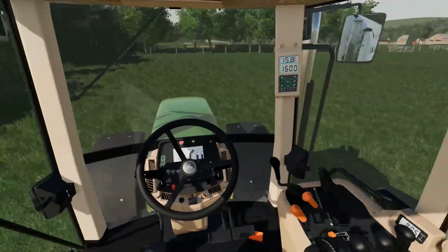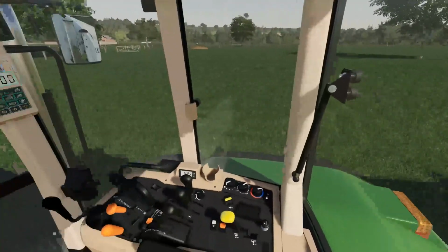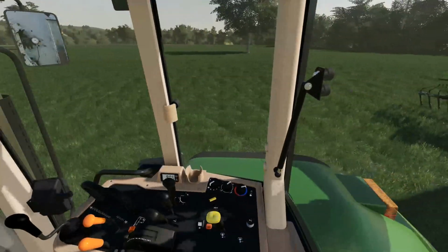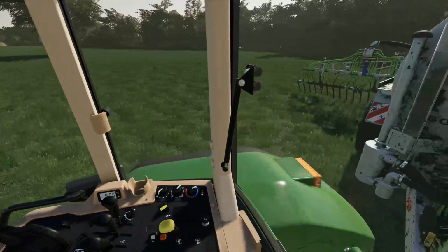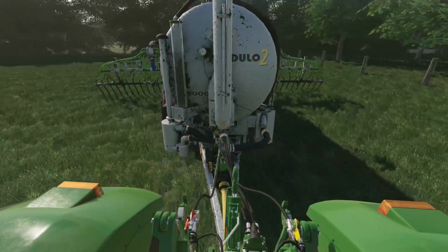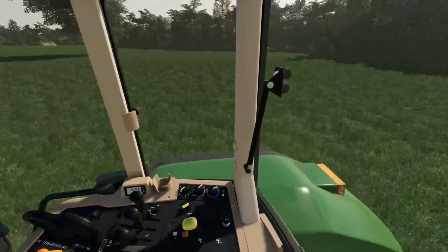My name is Frank, and you join me down near the chicken yard on our new ground. What we're doing right now, I'm just going to disengage the slurry tanker. We are just putting a little bit of slurry down here on some of the new grassland. And the reason we're doing this is we recently reseeded this actually, so it's got a little bit of